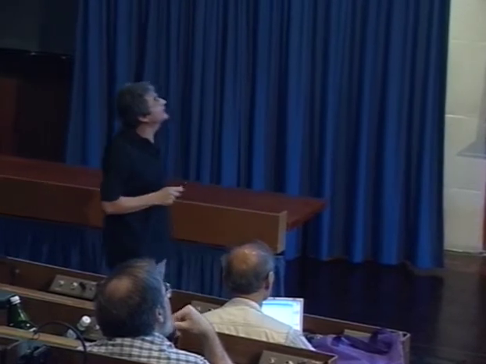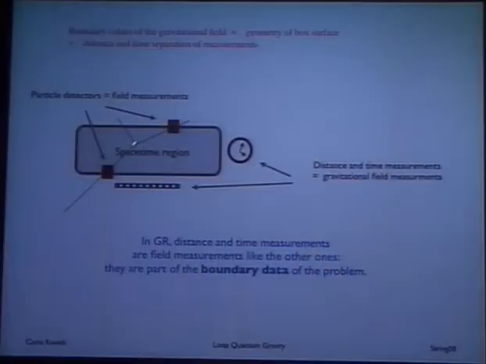So what's going on physically here? Imagine that you have a scattering experiment. There's an interaction region, so it's a closed space-time region. You measure the fields corresponding to the particles going in and out, and you measure distances and time lapses around this region. Now, this is a field measurement. This is also a field measurement if you bring general relativity in, because these are just measures of the gravitational field. So the only thing you want is the amplitude of the process at given boundary values of the fields.